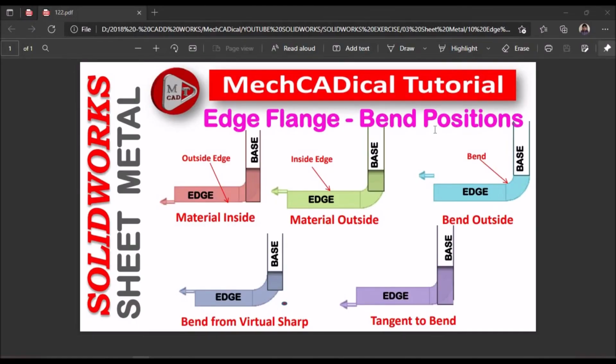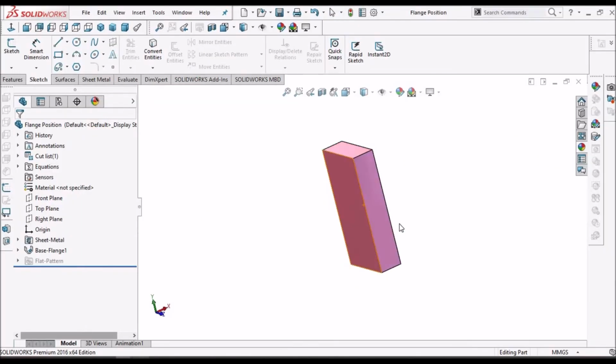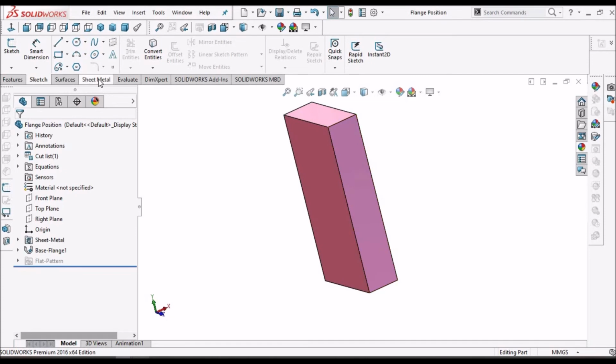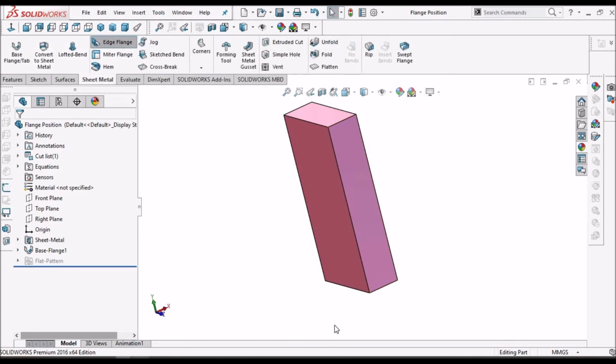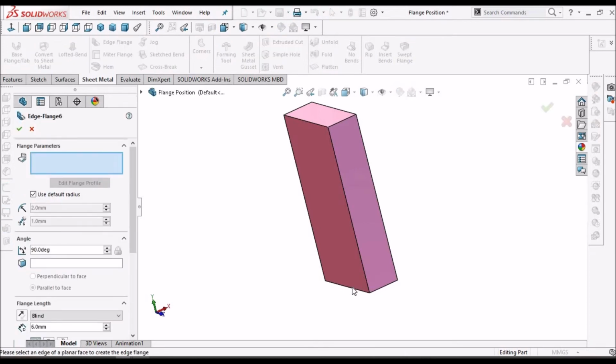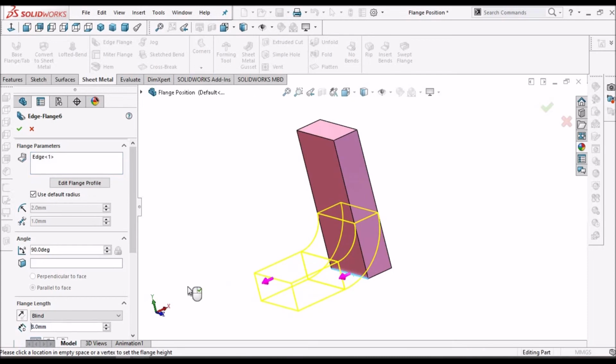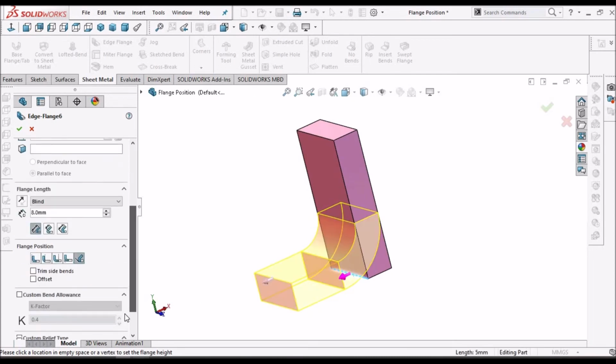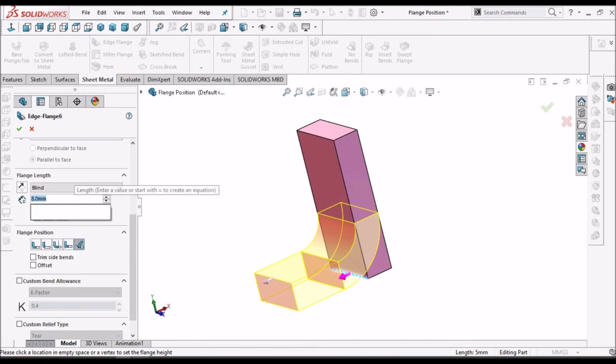Edge flange bend positions. See, this is the base flange. So when I create any edge flange and select one edge, this option is material from inside.